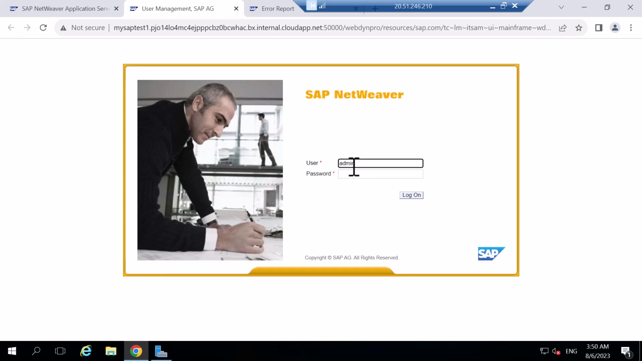Unfortunately, administrator. Okay, the password is locked. Now I don't have any option to do that. Now what I have to do in this case? In this case,